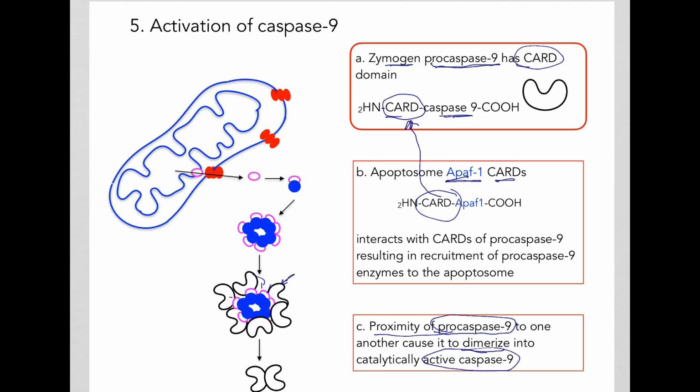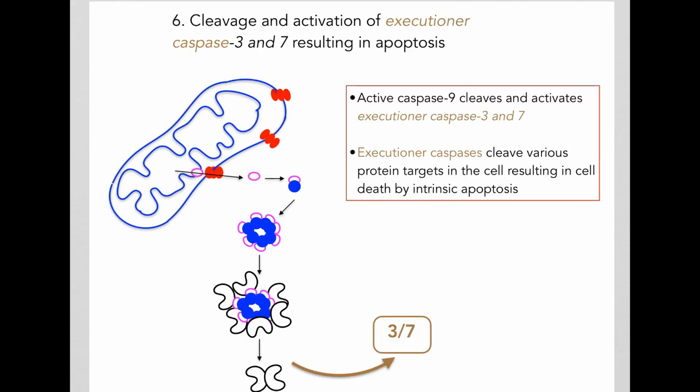So the pro-caspase 9, the zymogen, will be converted into active caspase 9. And then the active caspase 9 is now going to cleave and activate the executioner caspases such as 3, 7, and